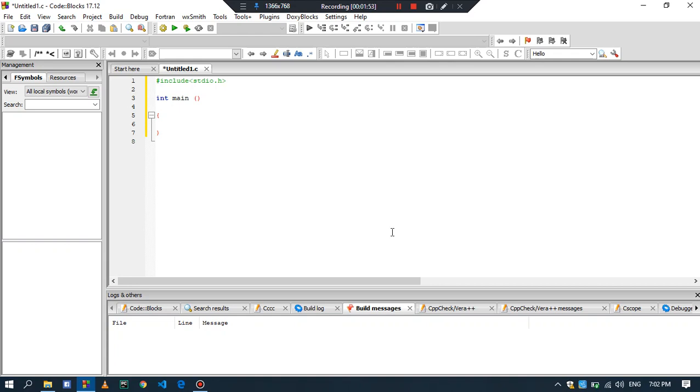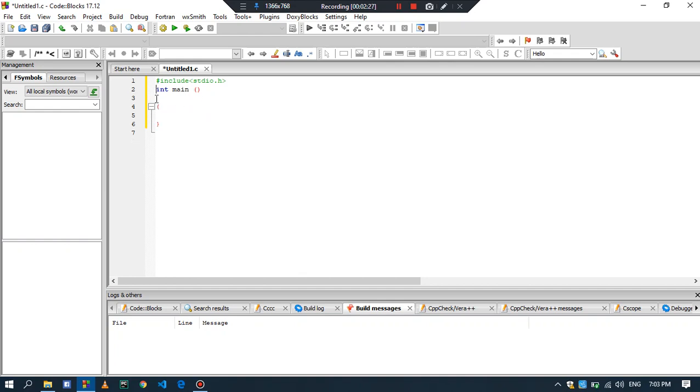Whenever we start C coding or make a program in C language, these three steps are compulsory. First we give a library statement, which is hashtag include less than stdio.h greater than. Then we give the main function int main brackets, and then we add the curly brackets. In all C programs this is compulsory to write.